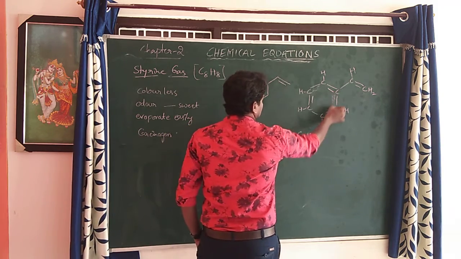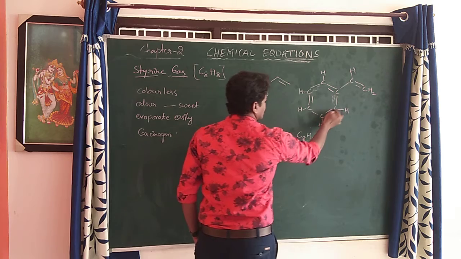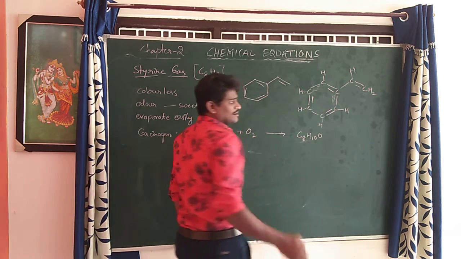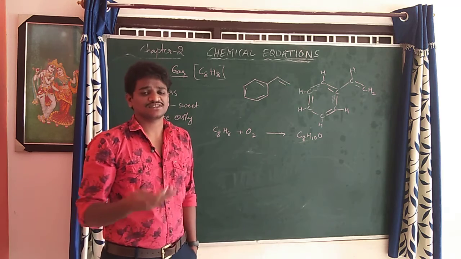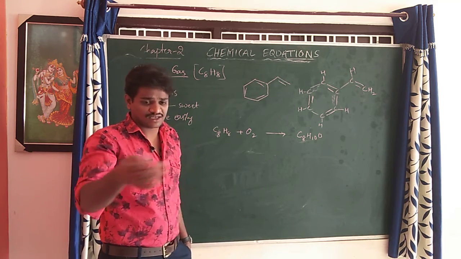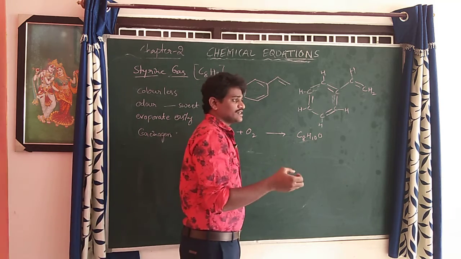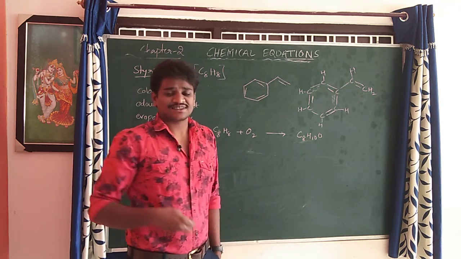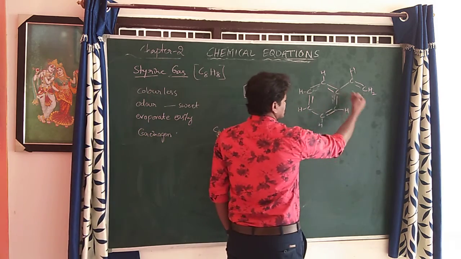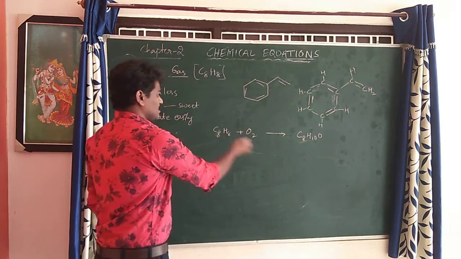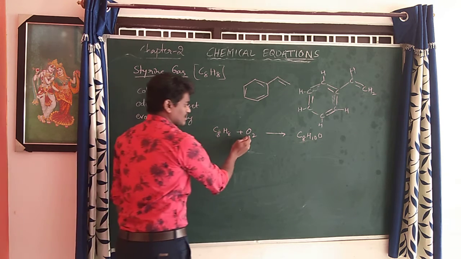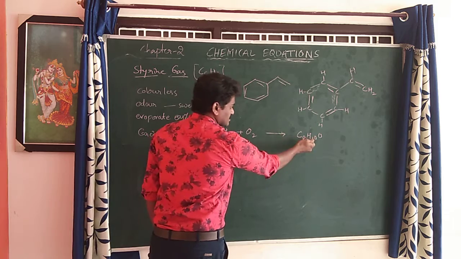So look at how many carbons are there here. 1, 2, 3, 4, 5, 6, 7, 8 carbons are there, and this is a double bond. Double bonds and triple bonds indicate unsaturation. So it is going to saturate, meaning reacting with other elements. So unsaturated chemicals or molecules easily react with other elements. So due to this unsaturation, for example, C8H8, this styrene gas, reacts with oxygen in the environment, and it will become this molecule.